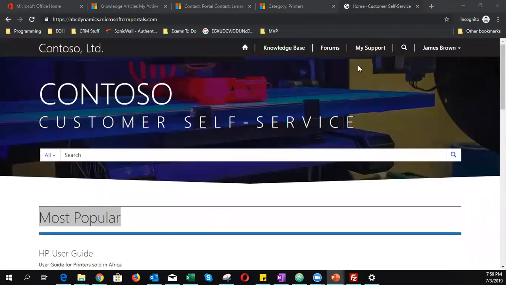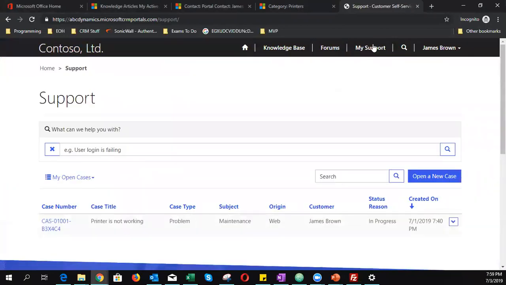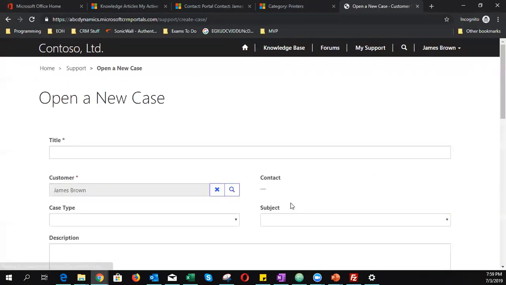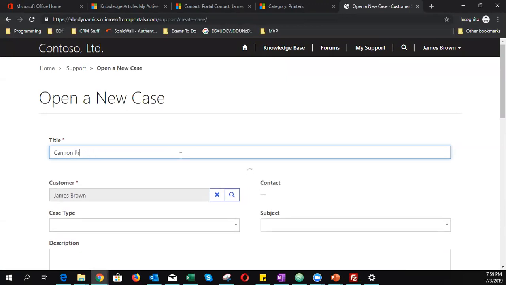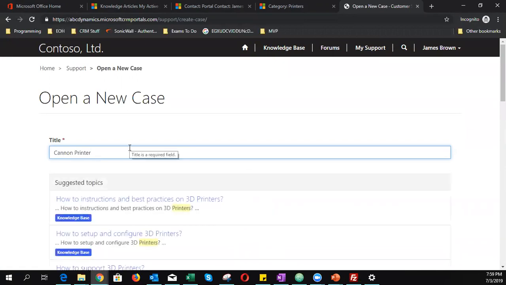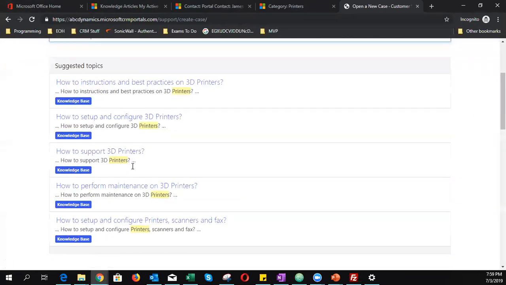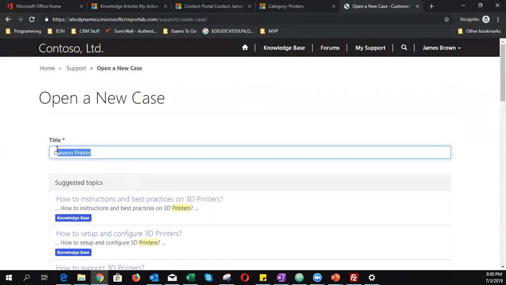All right. So if we go to my support, and now let's say, for example, I've got a problem with my printer, okay? And I go into open a new case, right? And in the title, I type here Canon error 101. Watch what happens. It'll actually start searching my article base based on the content that's in my subject. You see there? It goes in, finds articles. All right, I can type Canon user guide,